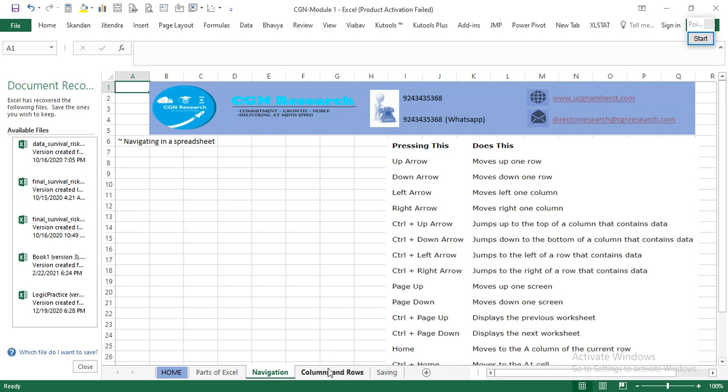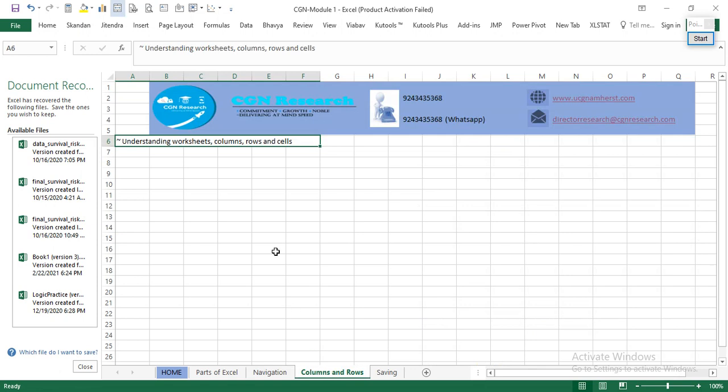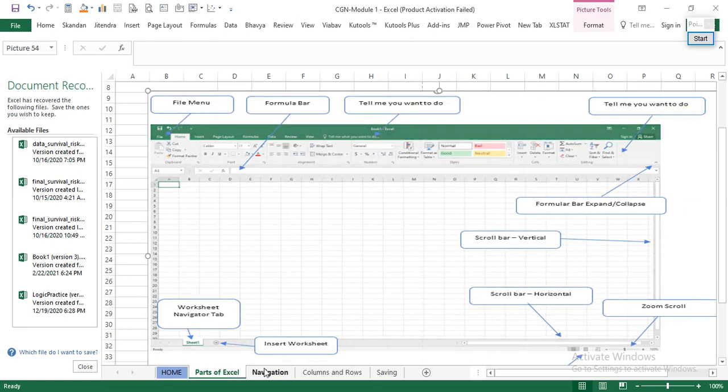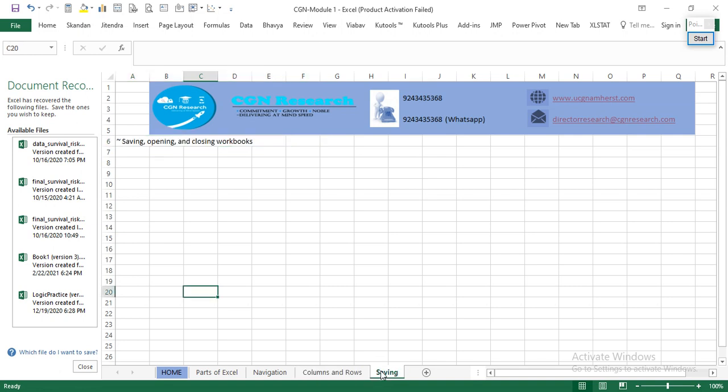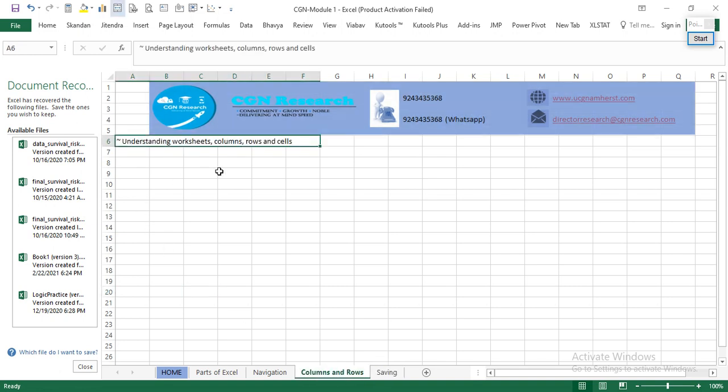If I am supposed to look at the understanding of the worksheet, this entire thing you are seeing is the grid sheet, and you are going to identify that this is the workspace, and these are the sheets that we are talking about, the multiple sheets that I put on this particular workbook. And then these are the worksheets. This is one worksheet here, this is another worksheet, this is another worksheet, there is another worksheet, and then we can work with that.